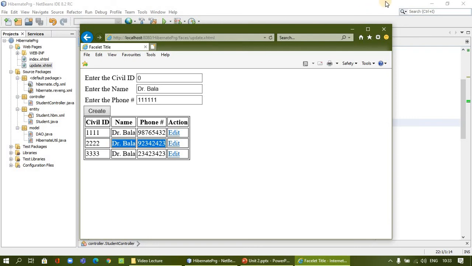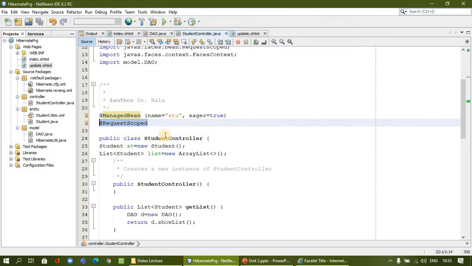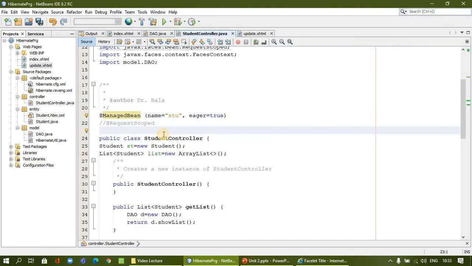So what I will do is go here, because previously we were working with the same page, so no worries. Now I will introduce session scope because there are multiple requests.